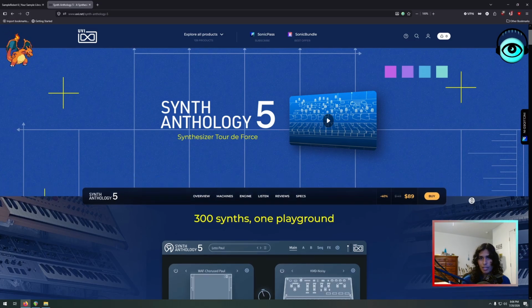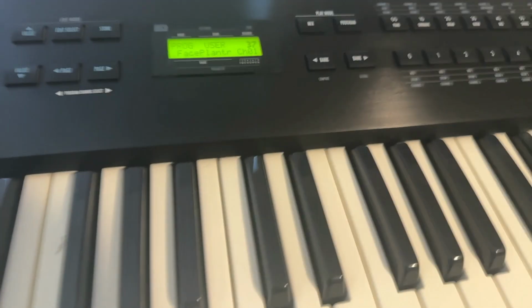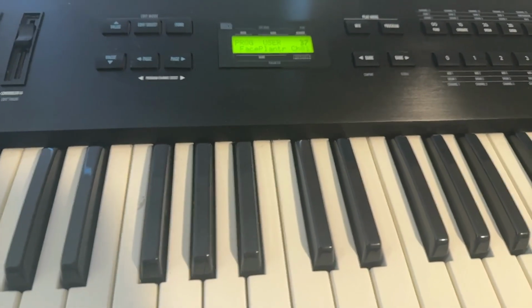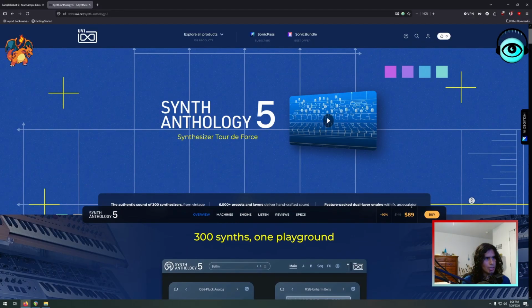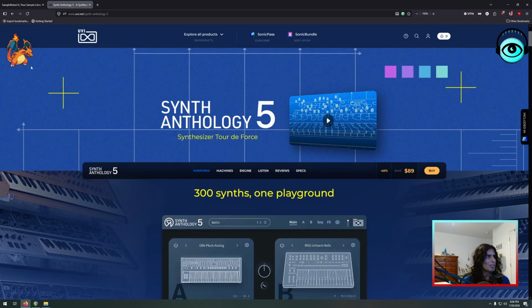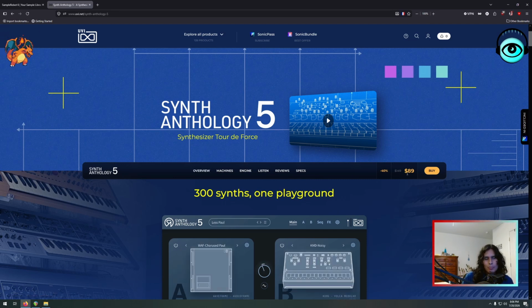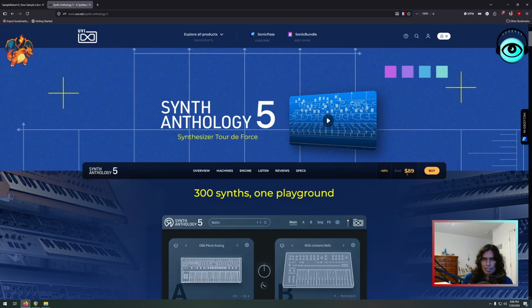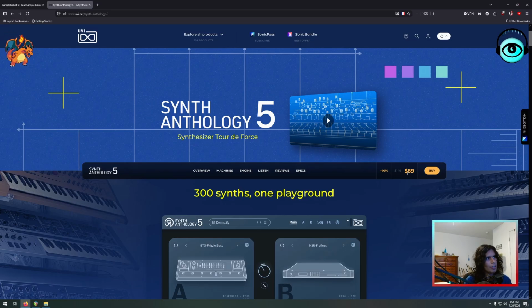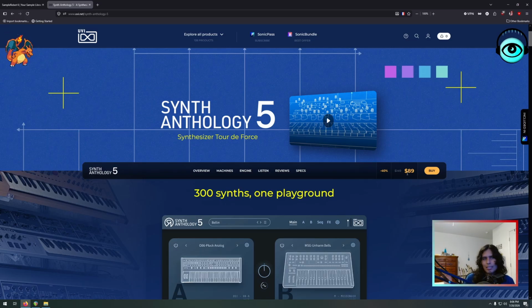I have my QS6, a real QS6 on standby, and I just bought this for $89. Actually I bought this like a week ago but never had a chance to really demo it. I'm sure the price changed. Let me go check. Oh, it's still the same. It's still $89. So I'm gonna go and compare and contrast the Synth Anthology 5 by UVI versus the QS6,